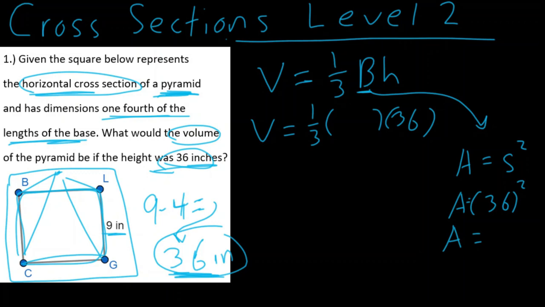Now, 36 squared is going to be a large number. I would recommend using your calculator. You can do 36 squared or 36 times 36, which will be 1,296. So we can plug in 1,296. Now let's say you don't have a fancy calculator and you want to figure out how to do this problem with that 1/3. Pretty easy. Let's keep the 1/3 for now, times, and do 1,296 times 36, which will give you